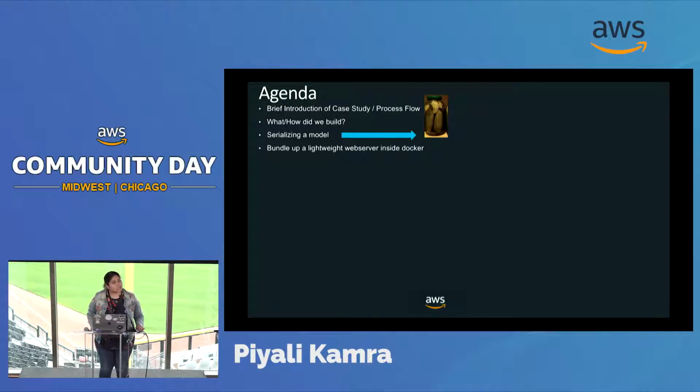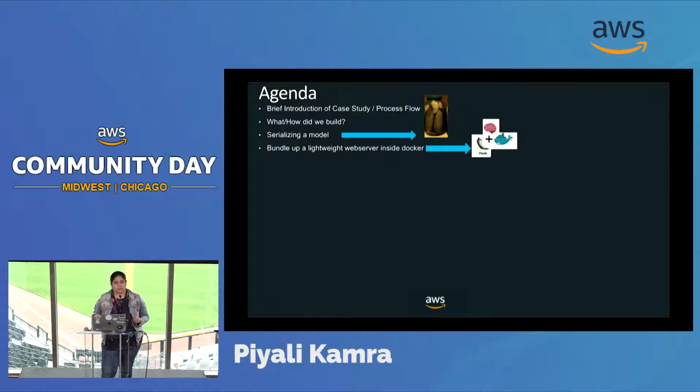after we serialize a model is we will see how we bundle this model, because you can't just be running the model on your local workstation. You need to bundle this up and serve this up on AWS. So we'll see what we did for that. We will see what goes into creating a very lightweight microservice framework called Flask. We put the brains into it, that is the model that we created, and then we finally packaged it into